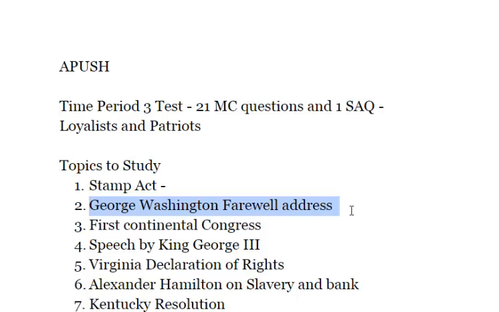The next one is the instructions to the Virginia delegates to the First Continental Congress, and this was to change the British policy. They needed to boycott from Great Britain for the First Continental Congress there, and it also dealt a lot with representation. Both of these answers will help you with the reading there.